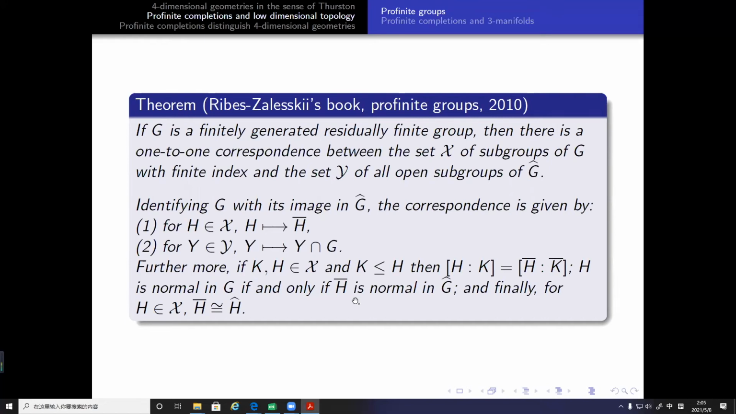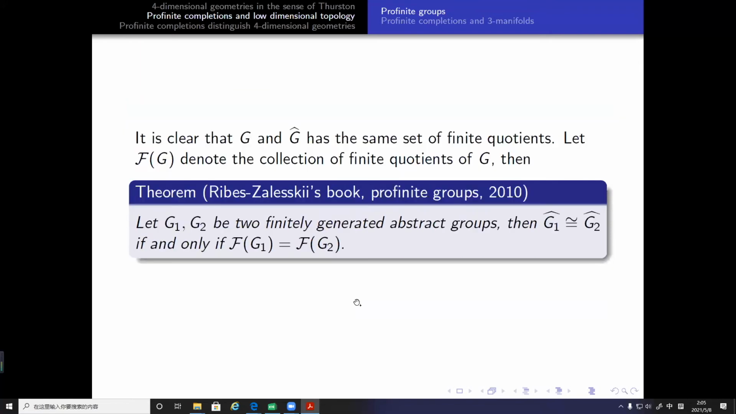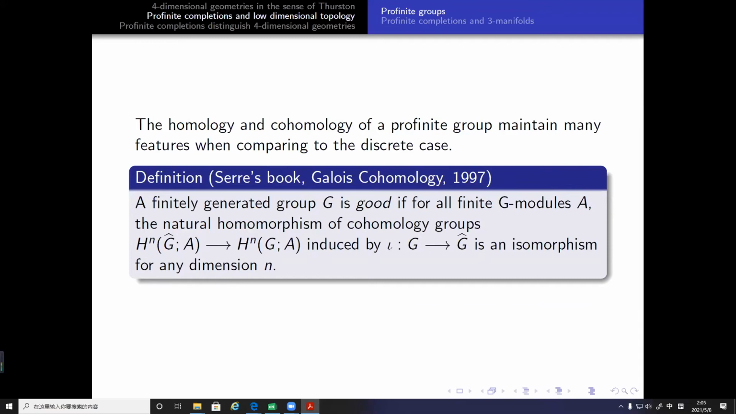In general, let G1 and G2 be two finitely generated abstract groups. Then they have the same profinite completion if and only if they have the same set of finite quotients. And another thing I should introduce is the good